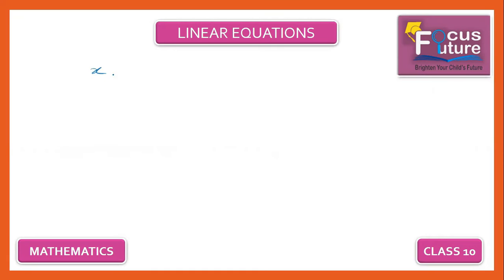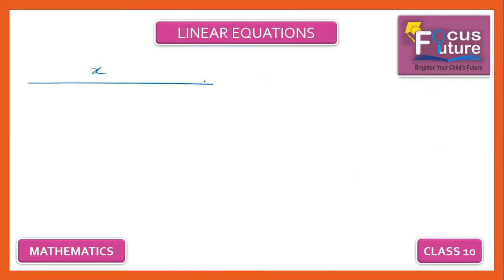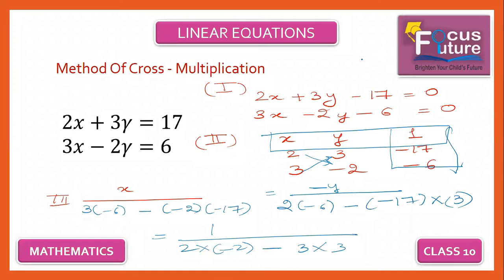So x divided by what? X divided by, you have 3 into minus 6 minus 2 into minus 17. Now let us calculate the value of x and y. Now let us solve the denominator part of all. So we get x divided by